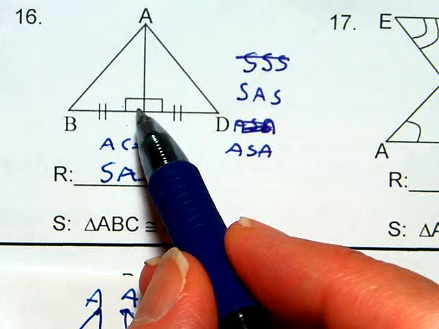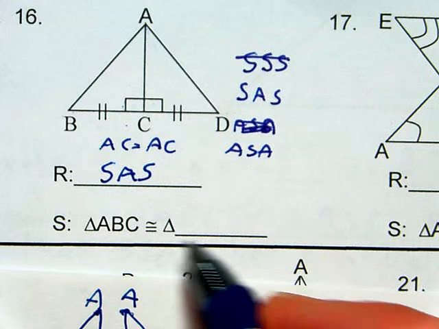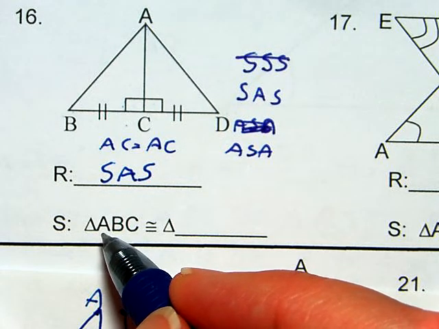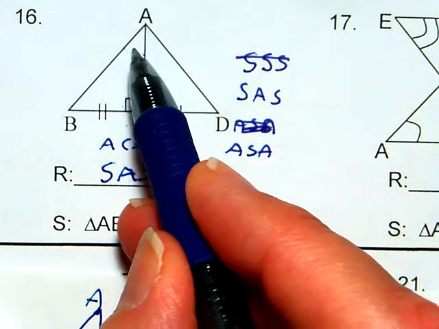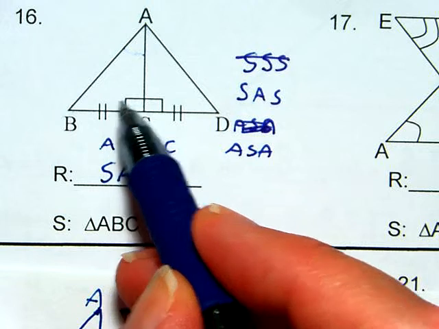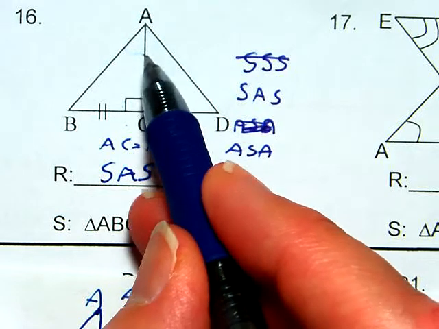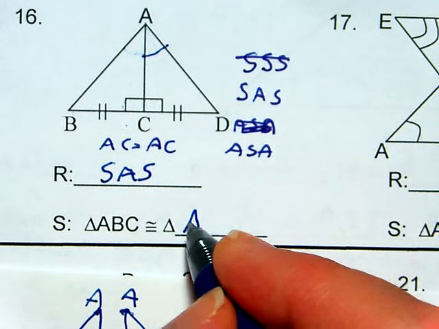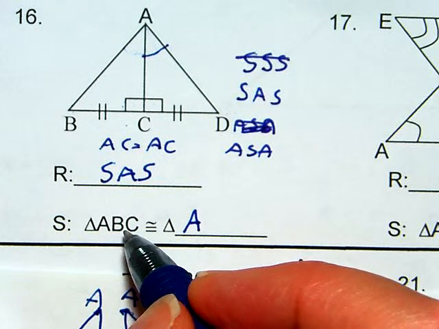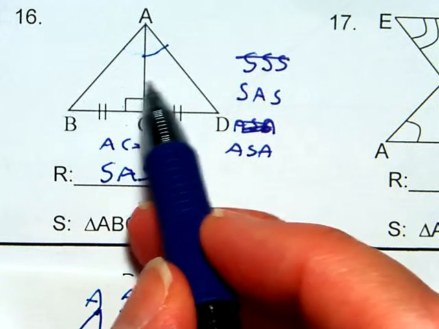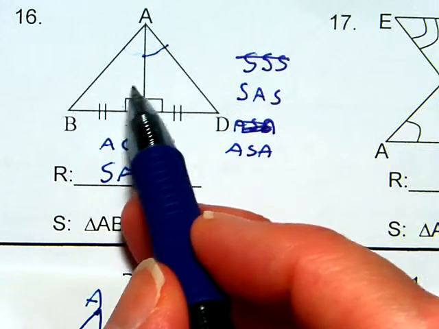And the statement would be that ABC is congruent to. Well, we know it's ACD, but we don't know the correct order of the letters. So let's look at angle A. In the first triangle, angle A is this angle here, and it's opposite the double marked side. Well, that would be the same thing as A in this triangle. It's also opposite the double marked side. So we would have A corresponding in this case to itself. B. So B is opposite the side AC, and so is D. So now we would have B corresponding to D,